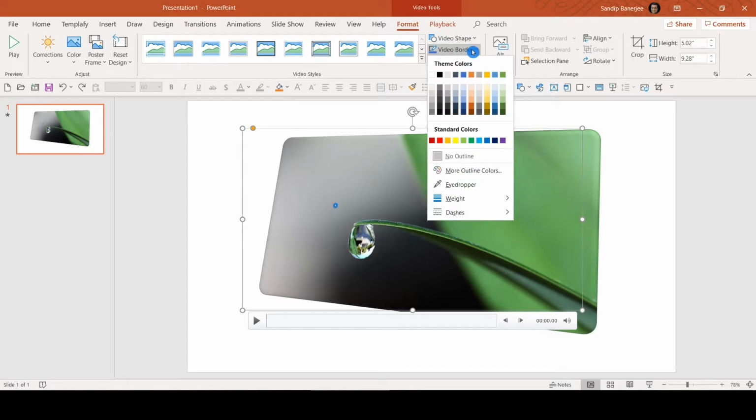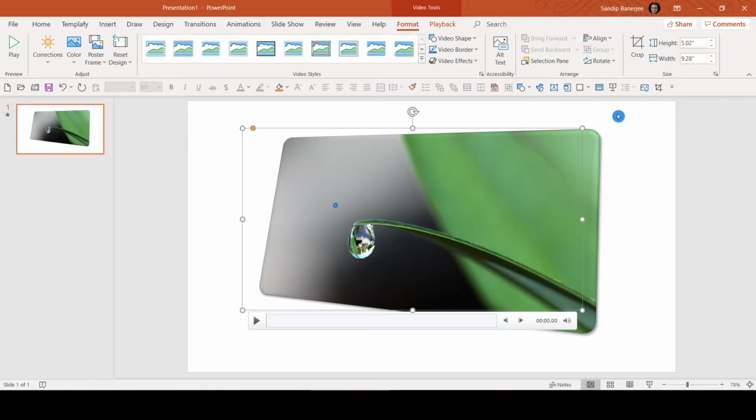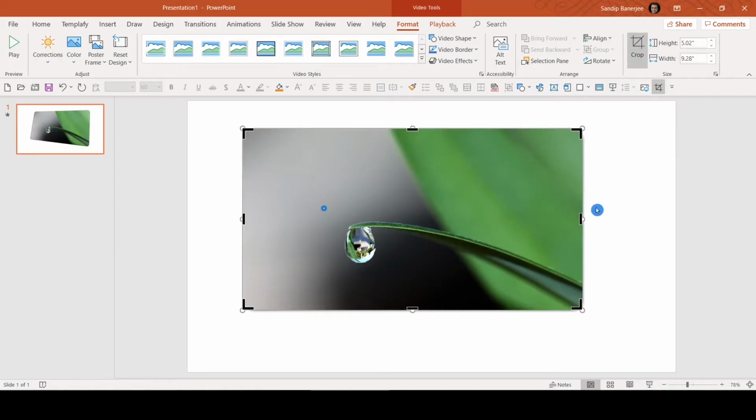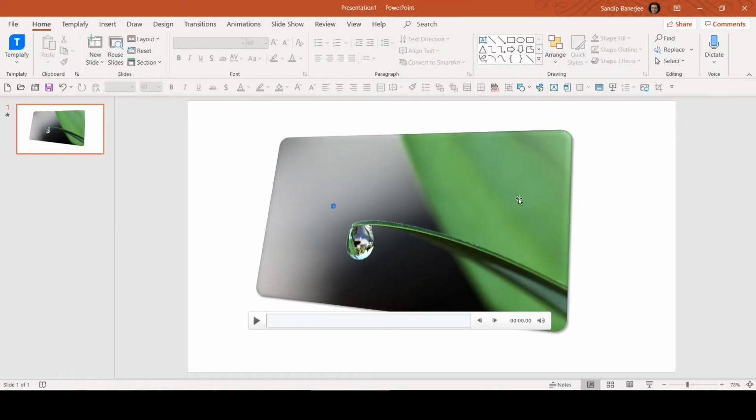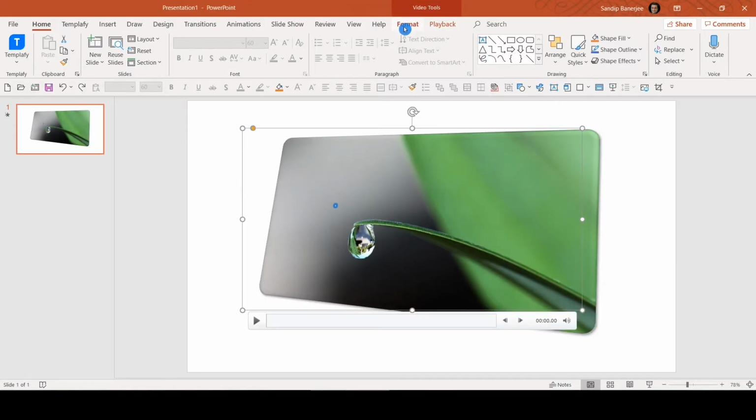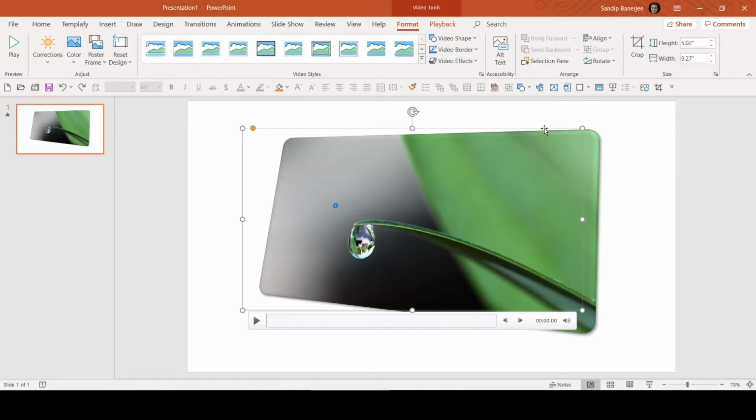You can also change the video border and video effects. Now, another important thing is crop. This is very useful. If you want to crop any portion of your video, maybe you think you have recorded something extra on the right side that you wanted to crop, you can do that. Similar things are available for the entire video, whatever areas you wanted to crop. After that, you just need to click outside this box so that the crop takes effect. Let me do that once, and you can see this particular thing got trimmed. Let me press Ctrl Z because I don't want to trim that. So these are the options you have available within this Format tab, and you can play with them as per your requirement or as per your design ideas.